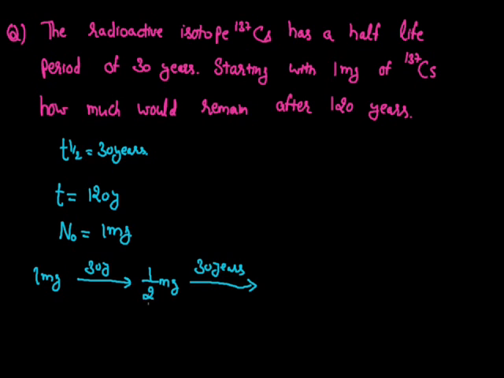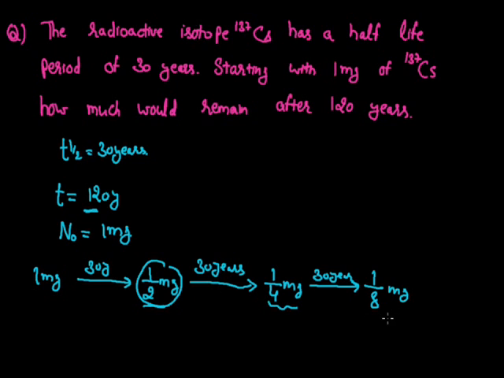a time period of 30 years again, it will reduce to half of this amount, and the left value will be 1/4 of the initial amount, that is half of this 1/2 milligram. So this remaining amount will be 1/4 milligram. Now the time period that is provided to us for the change is 120 years, and that includes 4 times this half-life period. So if this radioactive substance undergoes another half-life, then the amount will again reduce to half, and the left amount will be 1/8 milligram.